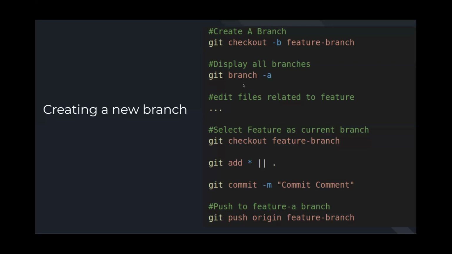And then when you do that, just like I was using git status to see those tracked files, you use git branch -a. And in my head, I read this as git branch all, and it will show you a list of everything, all the branches that are available. And it will show you specifically which one you're on as well. It'll have a little asterisk next to it. You'll be able to see that.